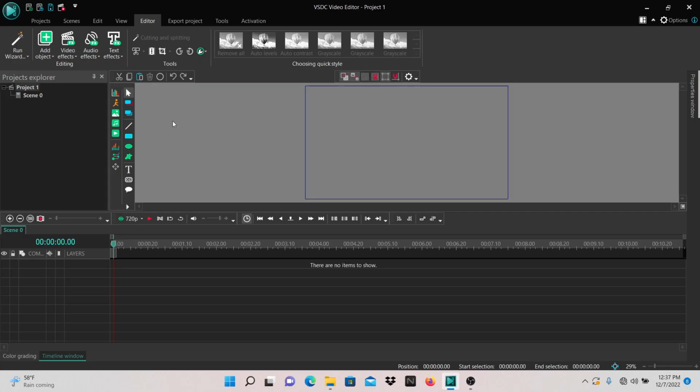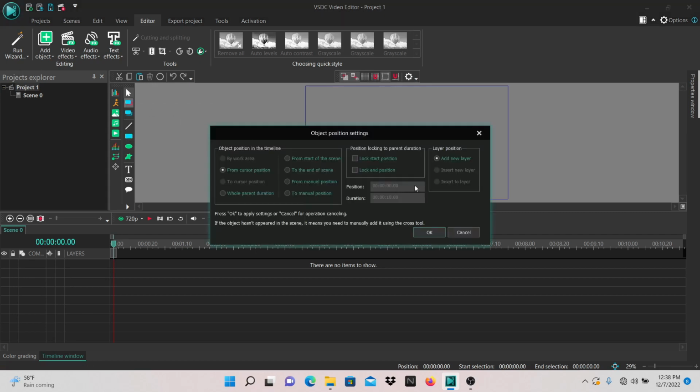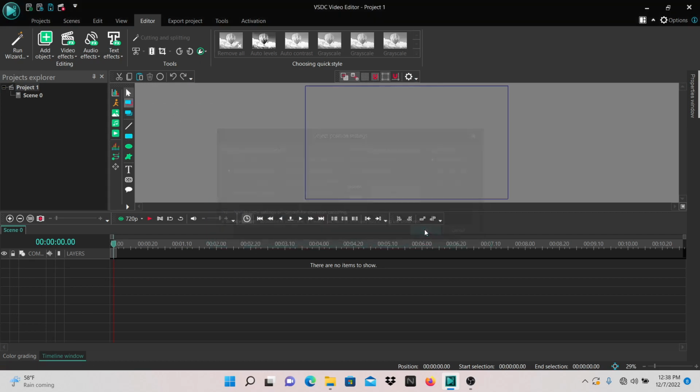Come over here to the objects toolbar, right underneath your pointer, where you have the add sprite option. I'm going to left click on it and, from cursor position, add new layer. I'll click OK. When I first did it and saw that, I was like, well, where's my sprite? What I came to realize later on is you have to come up here and you have to draw